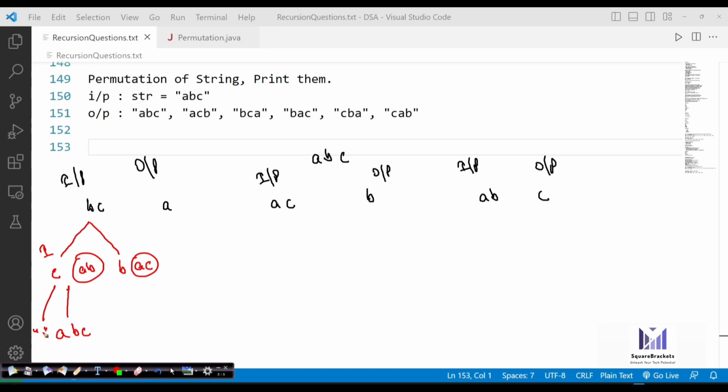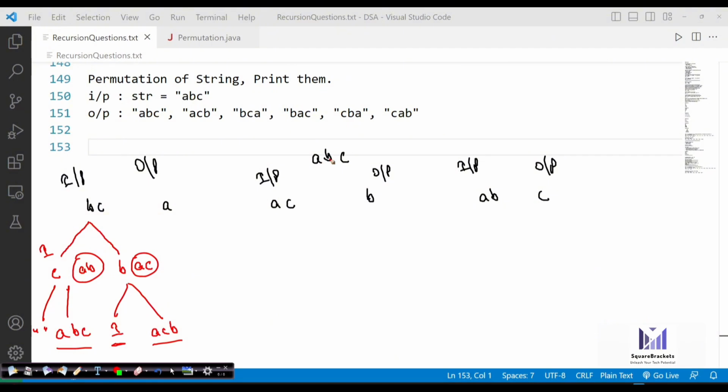So you have to stop your recursion. The second thing, when you call this, the input will be empty, nothing will be there, and you have to concatenate ACB. So it will become ACB. This is what exactly is going to happen in this case.